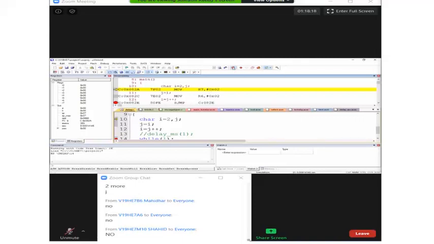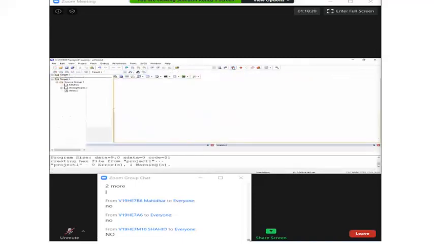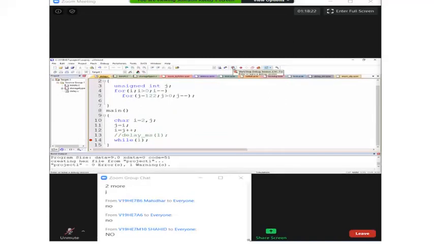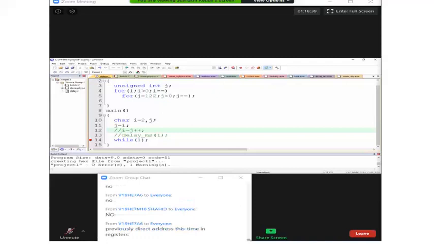Means when the compiler is generating the code here, it will optimize. See, when I don't write this statement, there is some value in I and the same value you are copying into J. Fine. Like you are thinking you want to preserve it.